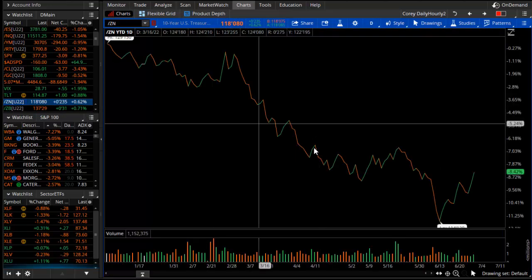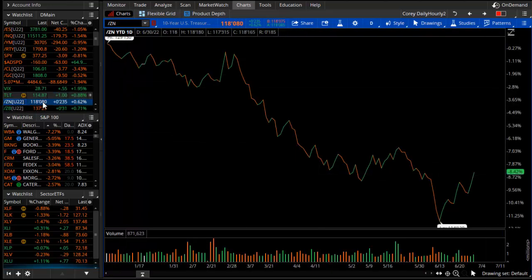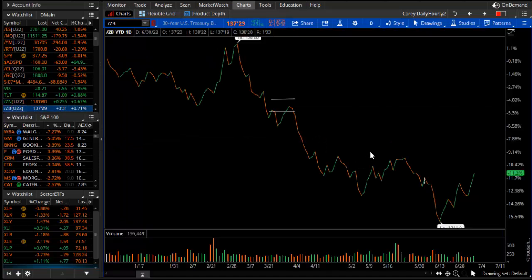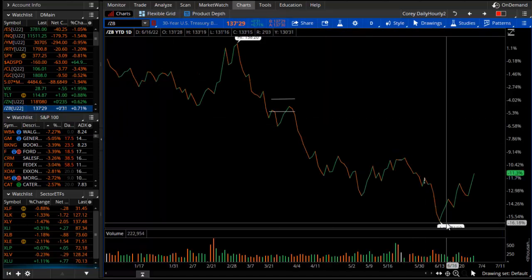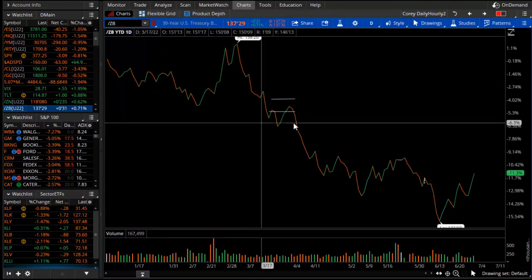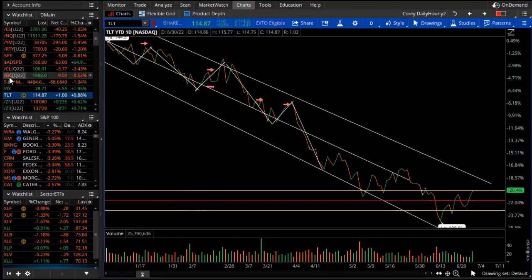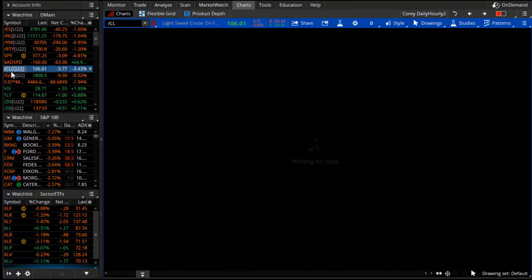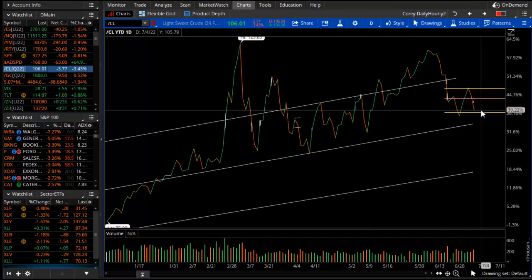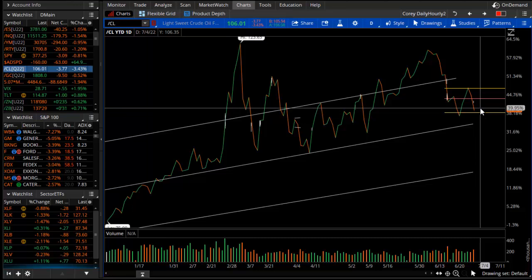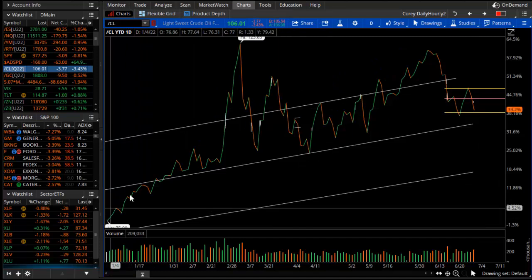That's going to be true in ZN, which is a futures contract, and ZB, which is the 30-year treasury bond. Not down as much, of course, as the TLT, but I tend to focus on the TLT when I'm discussing the bond market. Now let's go back to crude. Being in an inflationary environment, crude oil is actually up, believe it or not, almost 40% as we go into the third quarter of the 2022 year. And that is in large part because of inflationary concerns.